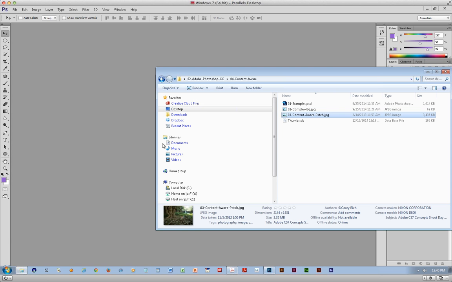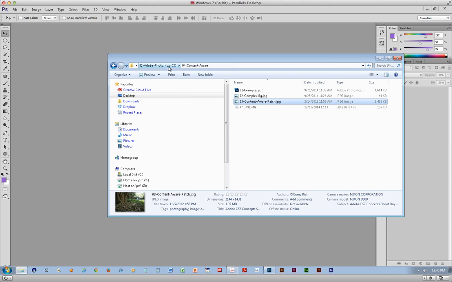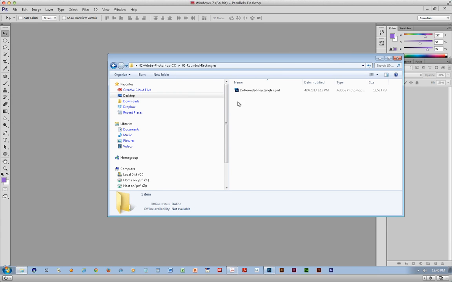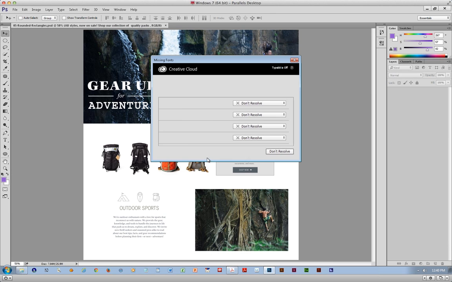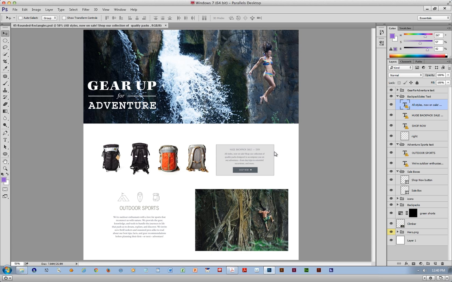A couple of quick productivity features. That's sort of the more sexy stuff that we have going on. Just some simple stuff. Rounded rectangles we now have in Photoshop. So again, if you're using vector objects and things like that, with our rectangle tool,